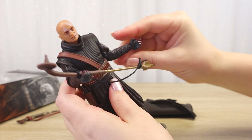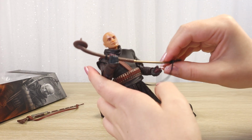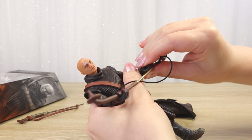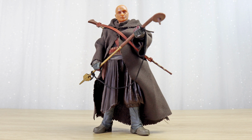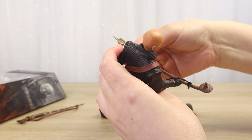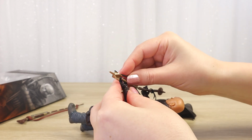We've got a bit of just a classic C grip on his other hand. I'm just going to very quickly see if I can get a little bit of a pose here. I am not the best with posing. It does take me quite a while, and I'm just a little bit anxious when it comes to these sorts of things as well. I do spend a little bit of time later before I add them to my display working on the best